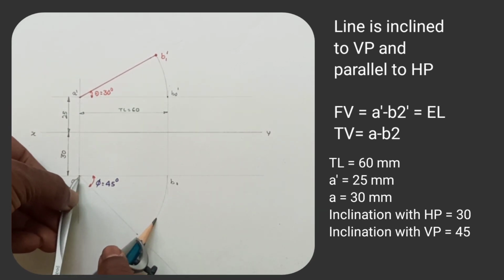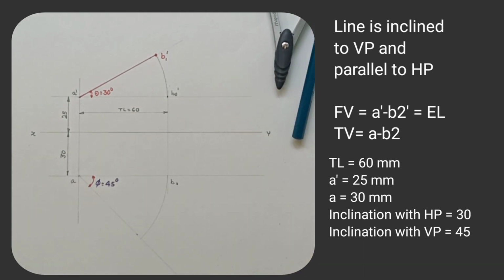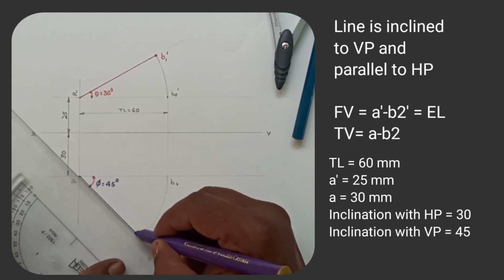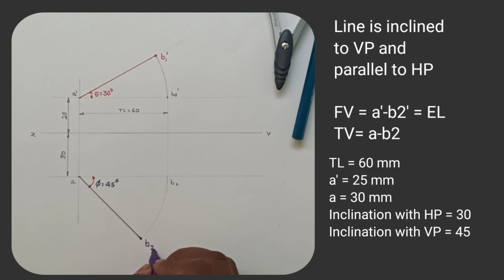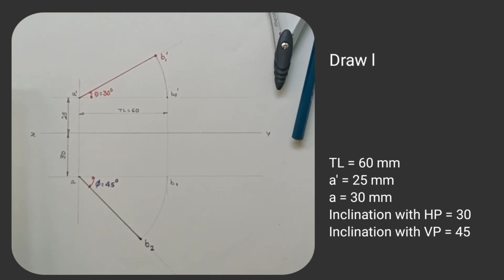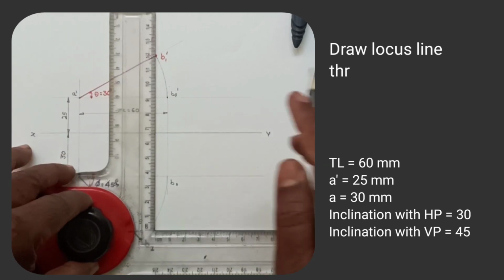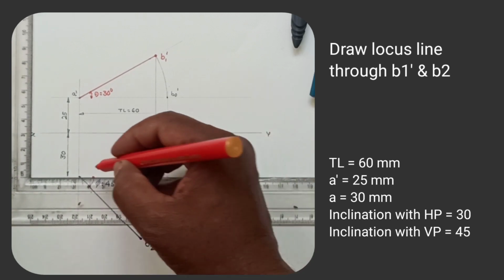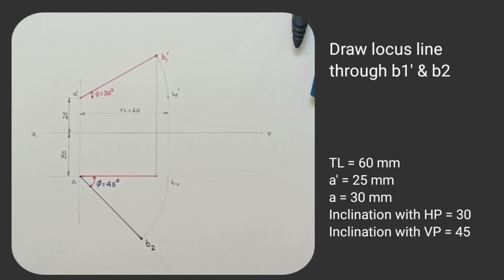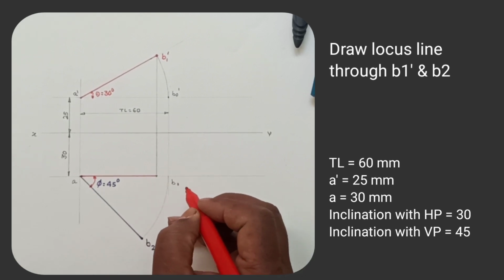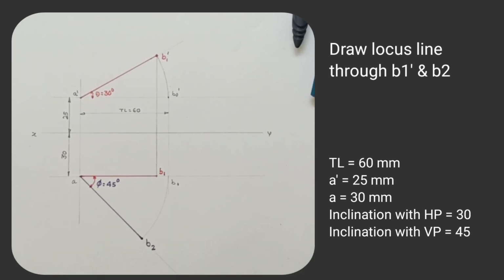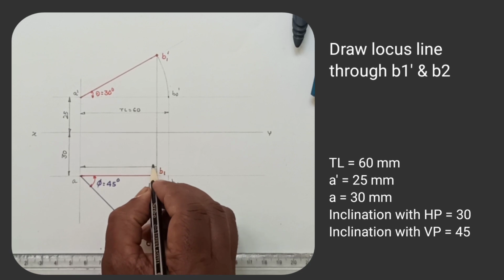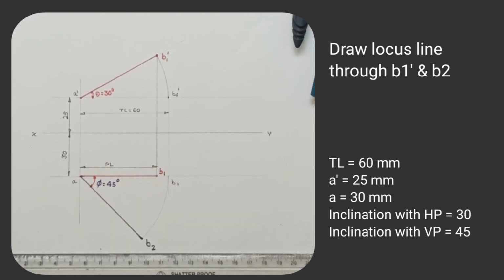Now consider the third case, that the line is inclined to VP and parallel to HP. For this, in the top view, take the distance A B0 in compass and shift this distance on this inclined line. So draw top view A B2 when the line is inclined to VP and parallel to HP. Now mark the plan line, meaning when the line is inclined to HP, draw its projection in top view, then we will get the plan line, that is A B1. So this is called PL, meaning plan line.